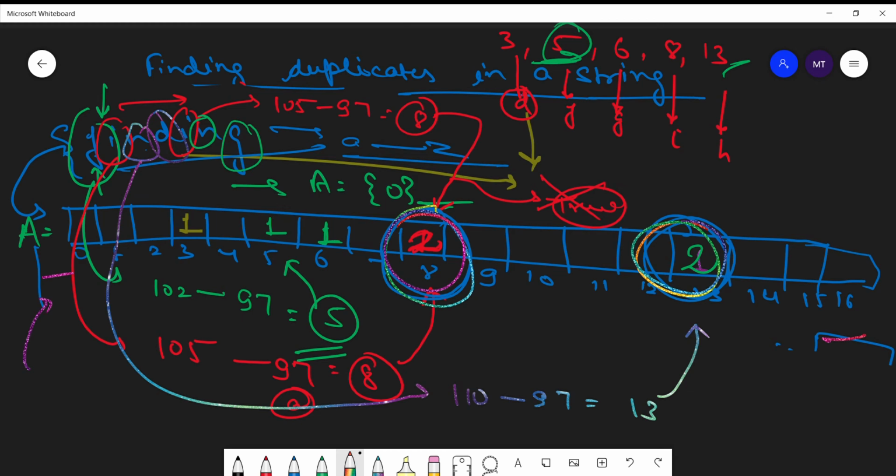Or if the problem statement says to find the character that is duplicated the most times, let's say this was duplicated 5 times, then it will be 5 here, and we will find the maximum value in this array, and the index here will represent that character.